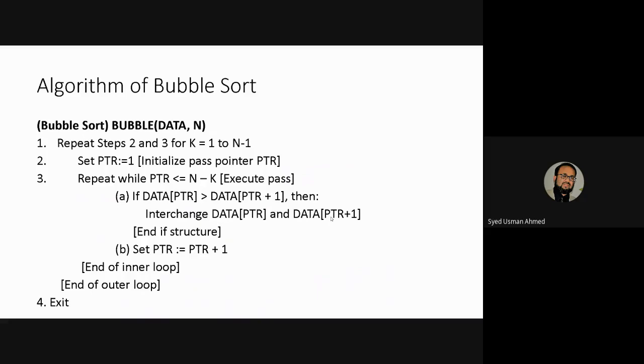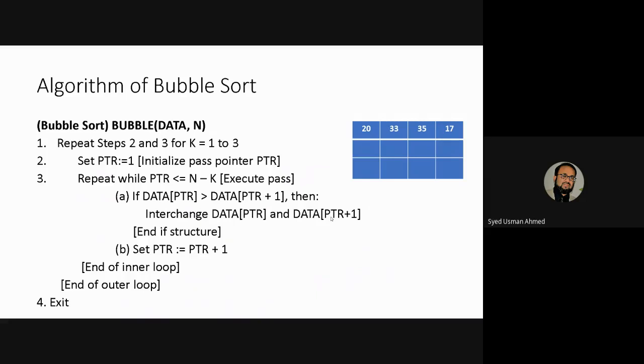Now let us analyze this algorithm with the help of an array, and see whether the concepts that we have studied in the past slides match with this algorithm or not. So this array has 4 elements: 20, 33, 35, and 17. The number of elements is 4. If we put n is equal to 4, this loop will work from 1 to n minus 1, that is 1 to 3.